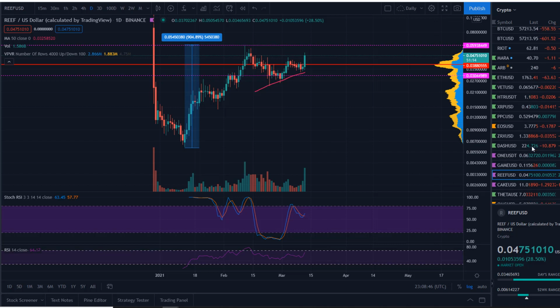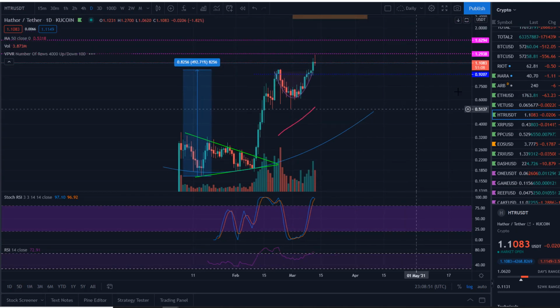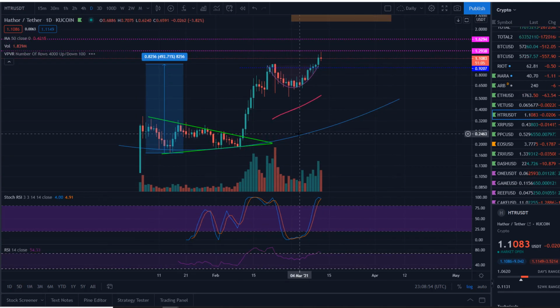And the last one I want to look at is my absolute favorite, Hathor. Once again, and if 1 is the perfect chart, this is the pristinest, most pristine chart. Once again, new coin, downward kind of resistance line. So these things are bullish in a bull run, right? It could be bearish in a bear market, but there's this kind of downward line and it's trying to break out. Most of the pressure is on the upward edge of that line